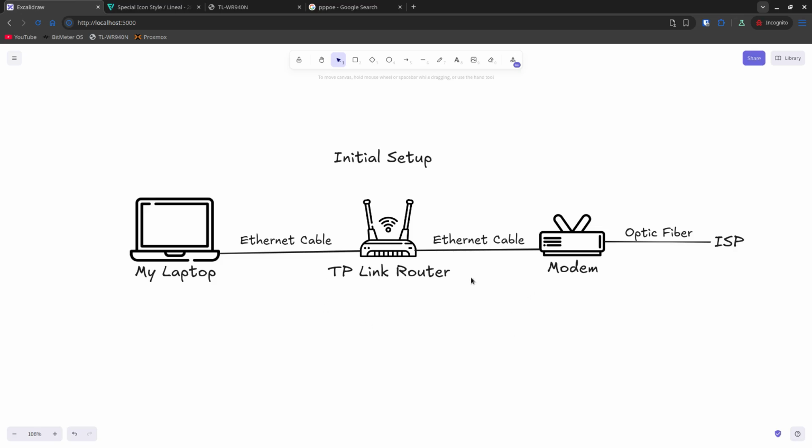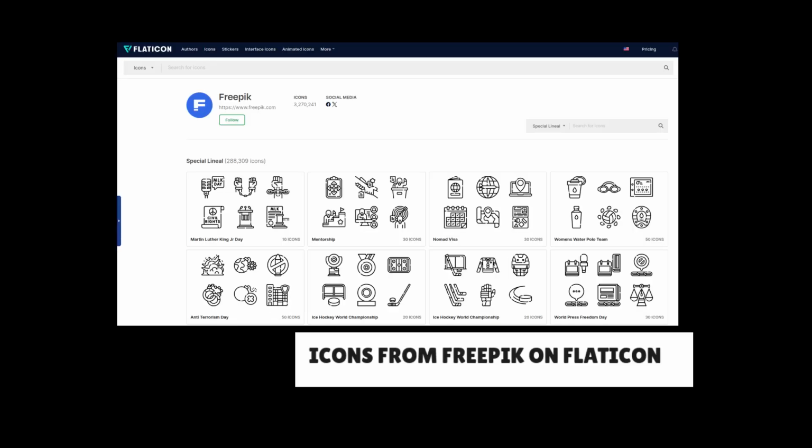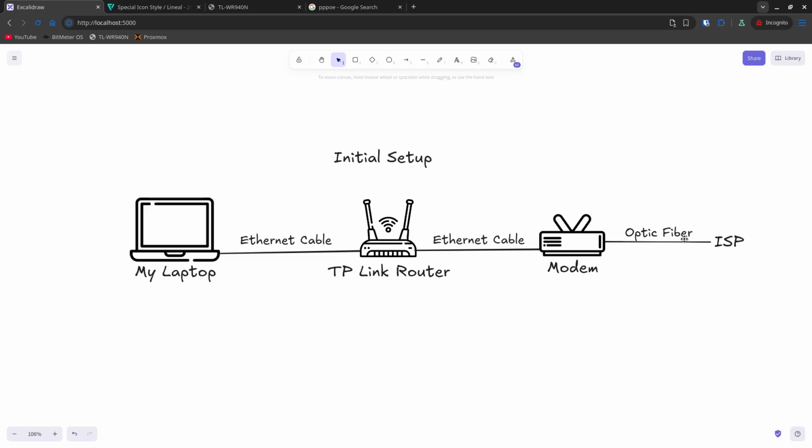looking at this setup, so this is the general setup through which I am getting the internet access. This is the modem which is connected to the ISP using optic fiber cable, and then there comes a cable from the modem to the TP-Link router which I am having, and it connects to the WAN port of the TP-Link router, and then I am connecting my other devices and my laptop through the LAN cable to the LAN ports on my router. So when I first turn on the router and the modem, the credentials that are present